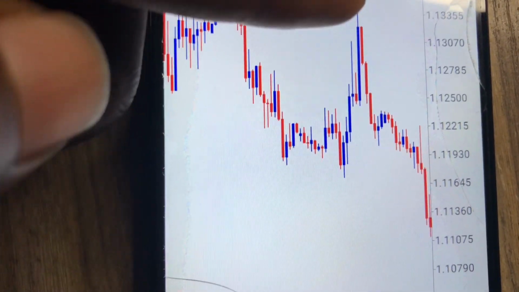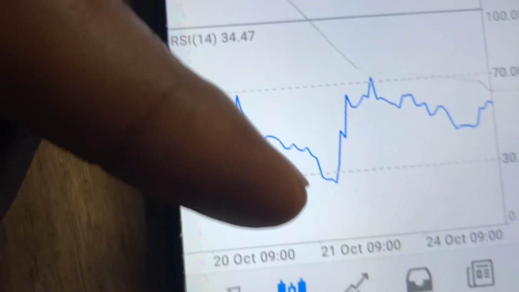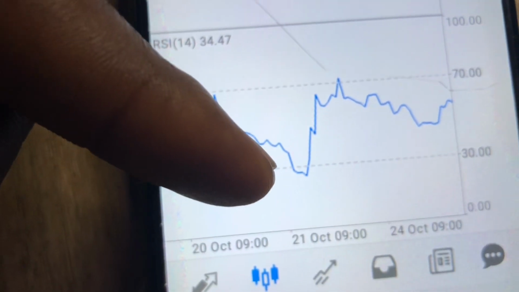But someone who is actually using the relative strength index will know that this is a setup from the market. As you can see, price was close to the 70, and what happens? Overbought zone in the market, it came down. Now, people at this point of the market might think the market is just going down continuously, but when someone is using the relative strength index, they will know that price is literally at the 30 mark, and when price is at the 30 mark, you know that